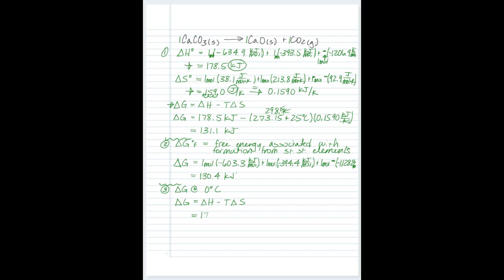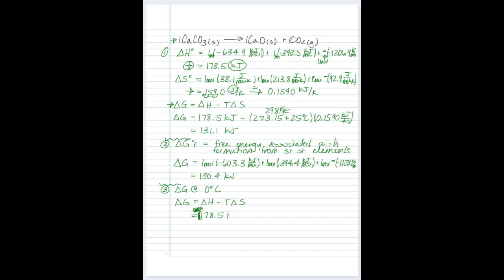So 178.5, so this is 1 mole again, times 178.5. Well, actually, no, this is just for the reaction. So we've already crossed out the 1 moles, and we're saying that this delta H value here is the delta H value for this reaction as written, where 1 mole of calcium carbonate reacts and forms 1 mole of calcium oxide and 1 mole of carbon dioxide. So this is just a straight kilojoules value. So this equals